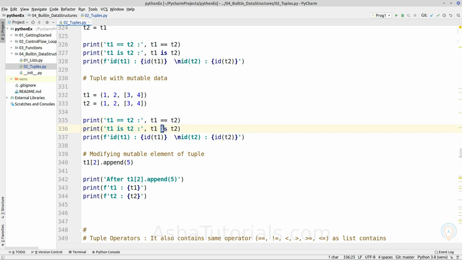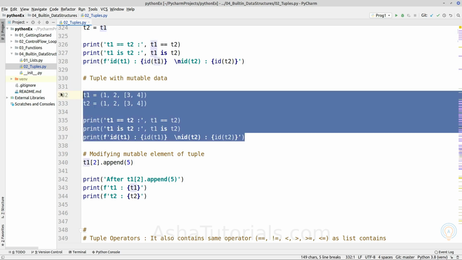But if we check the identity operator is, because it has a mutable data type, this list constructor will return a different memory address. So it will evaluate to false, and a different tuple object will be constructed.